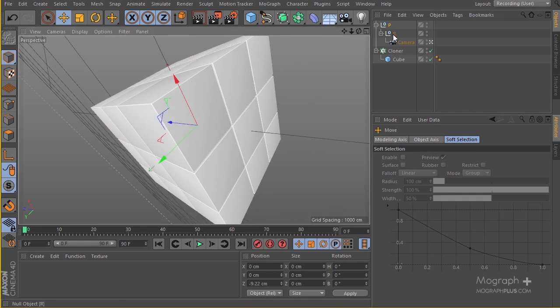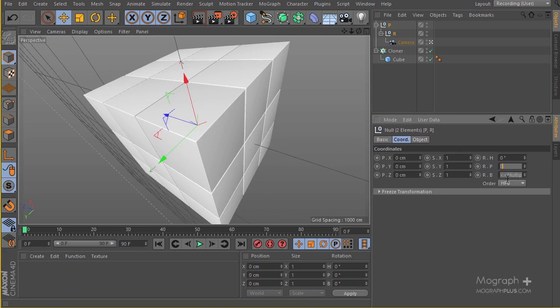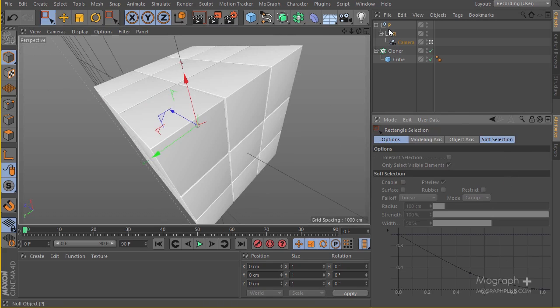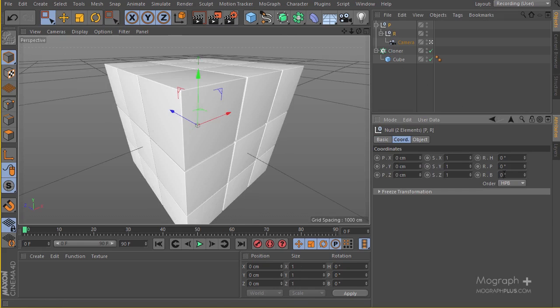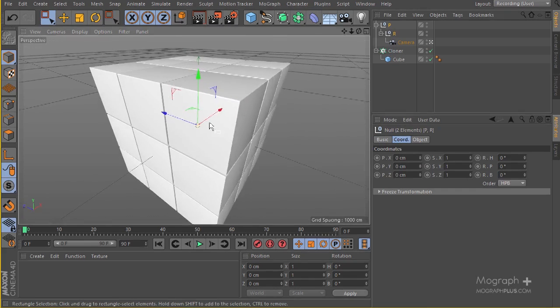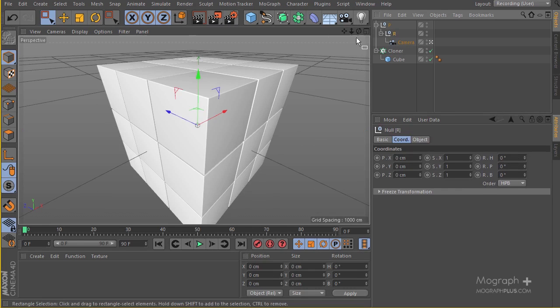So let's just go ahead and zero out these values. There we go, and perfect. And we can actually still move our camera if we wanted to add another layer of motion there. So really that's about moving the camera, and you can go ahead and create some cool